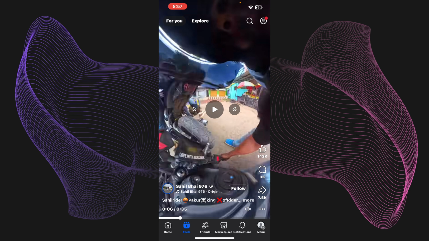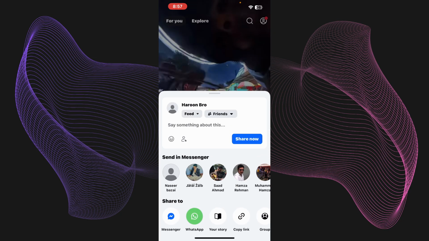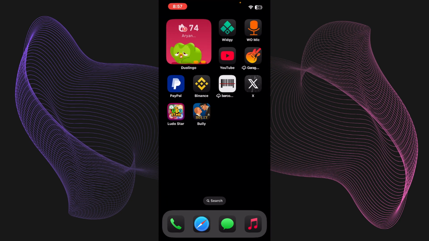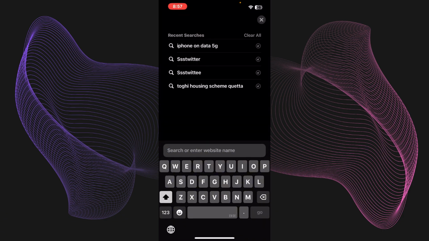But if you don't want to download your own reel and you'll be able to see some other reels like this, and you want to download it on your phone, what you can do is just simply press on the share icon, and right over here you'll be able to see a few accounts. But just go ahead and press on copy link, and once you copy it, just go to any web browser, and you just need to simply type in like